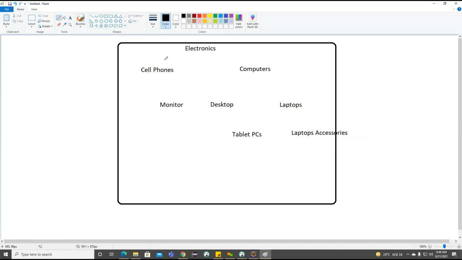Now if you observe the hierarchy, this is how we made it. This is the hierarchy we implemented for this particular computer, and for this particular laptop, this is all about the hierarchy here.